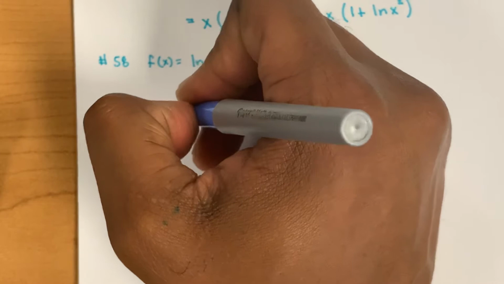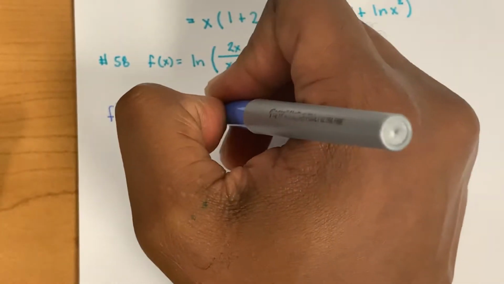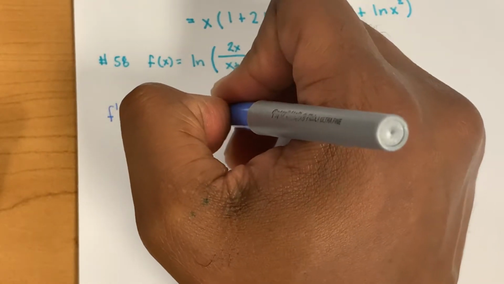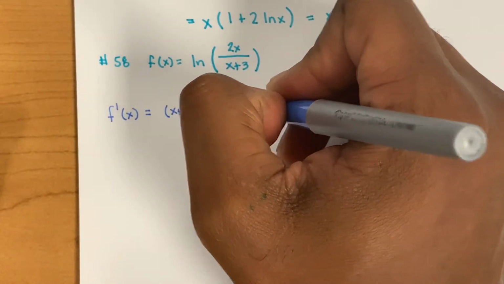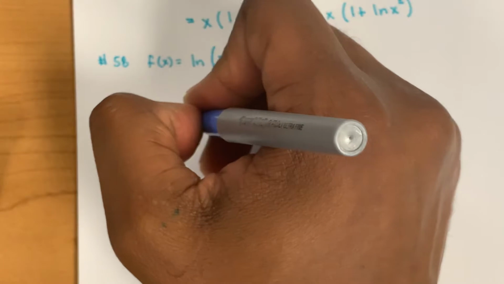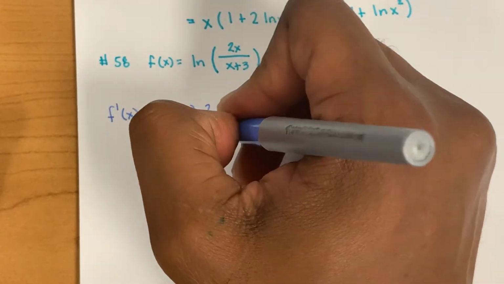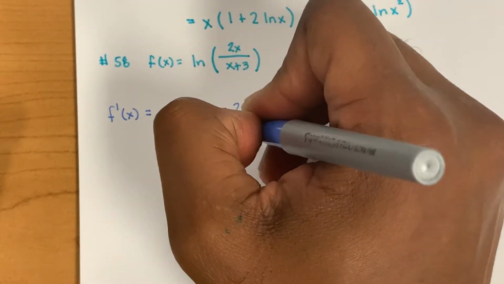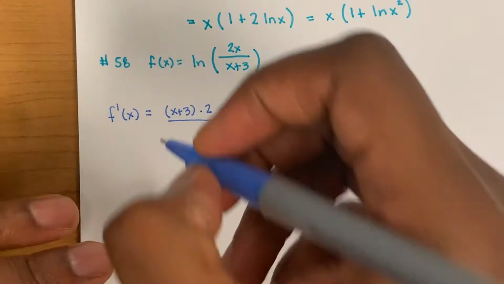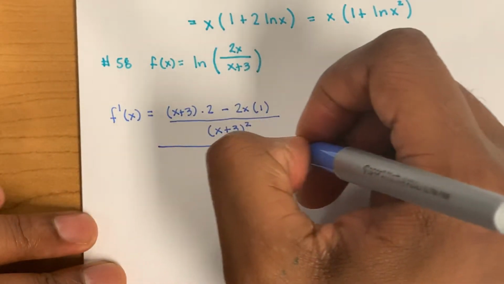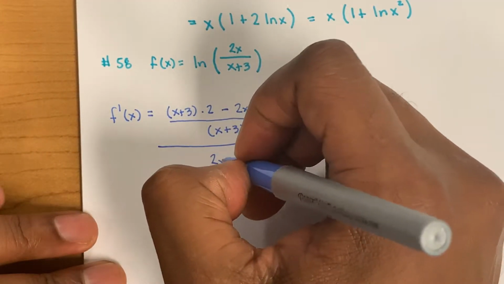So we have x plus 3 times the derivative of the numerator, which is 2, minus 2x times the derivative of the denominator, which is 1, over the denominator squared. And that's just the derivative of the input, and we still need to divide by the actual input, which is 2x